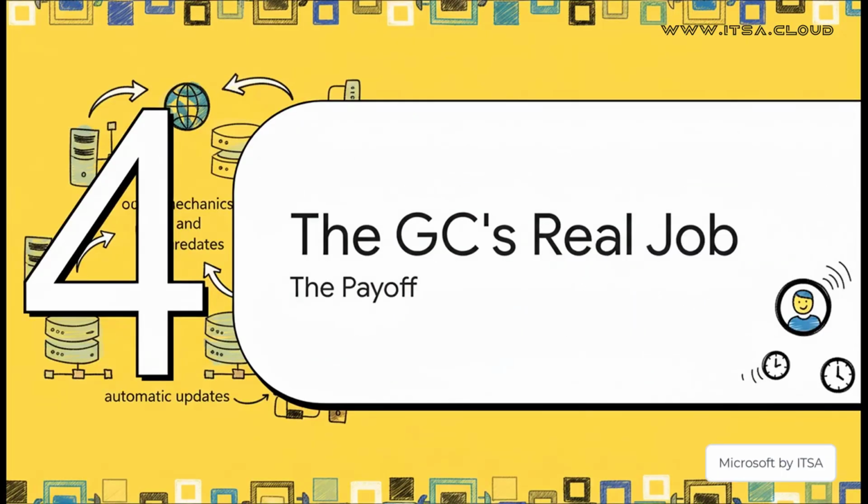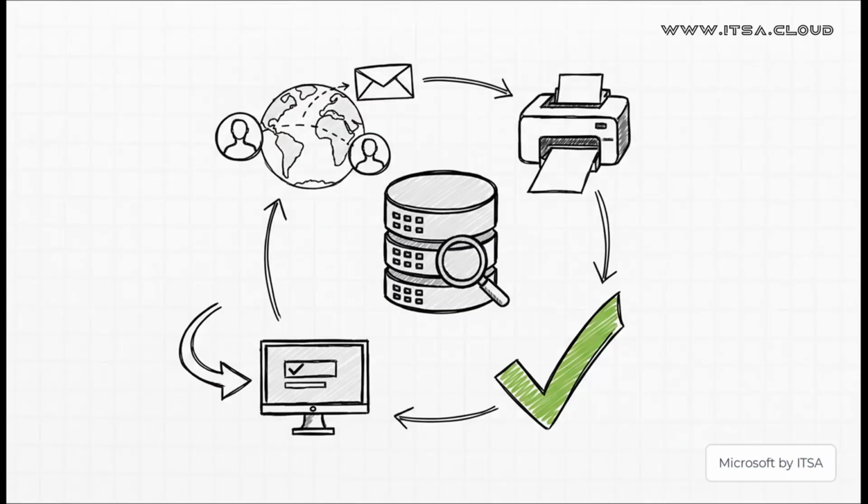Okay, so we've got the mechanics down, right? We know about the partial copies, the automatic updates, those special ports. But let's talk about the payoff. What does this all mean for you and your users on a Tuesday morning? Why should you care? Well, here it is. The Global Catalog is what makes those lightning-fast searches across the whole company possible. You know when you start typing someone's name in an email and it just pops up? That's the GC finding their address, even if they're in a totally different office, maybe even a different country. When you search for a printer down the hall, that's the GC too. It basically makes a huge, complex global network feel small and local.